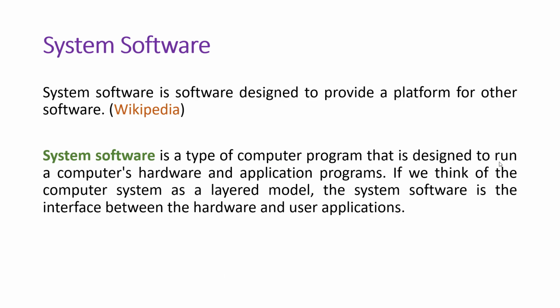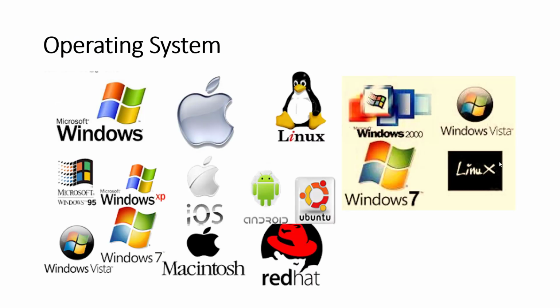And we can define system software as software designed to provide a platform for other software. It can also be said to be a type of computer program that is designed to run computer hardware and application programs. So application programs run on top of system software. And when we talk about operating systems, they are sometimes referred to as system software because they directly interact with